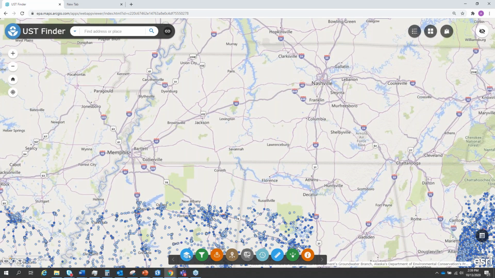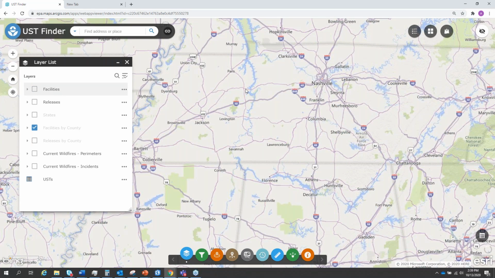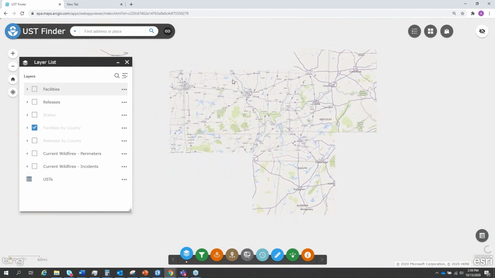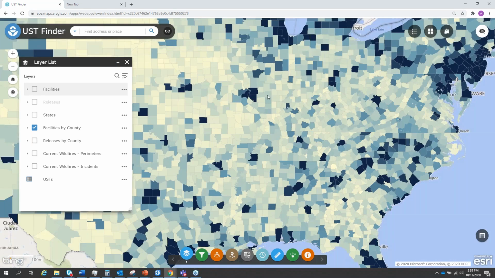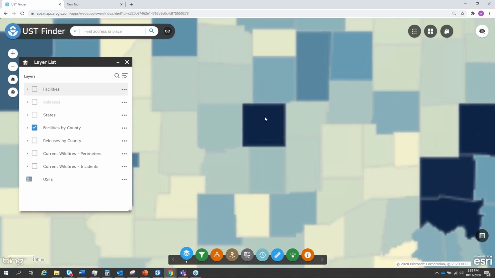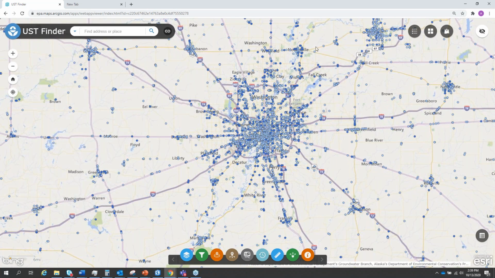Let me try not to make you dizzy by moving around the map. Okay. Let me move up to Indianapolis, if I can find it. Okay. So here are all the underground storage tank facilities within Indianapolis.